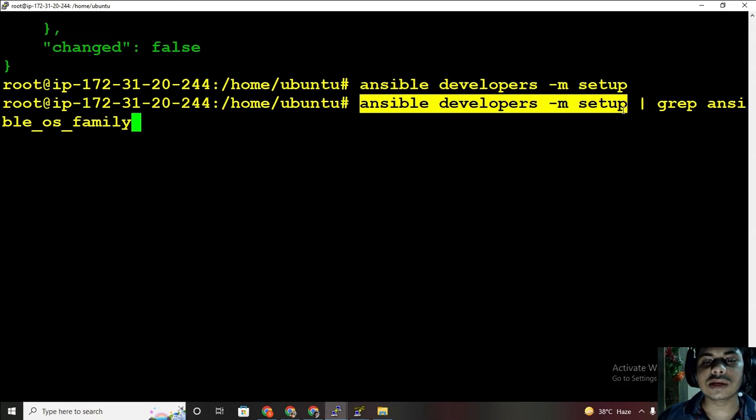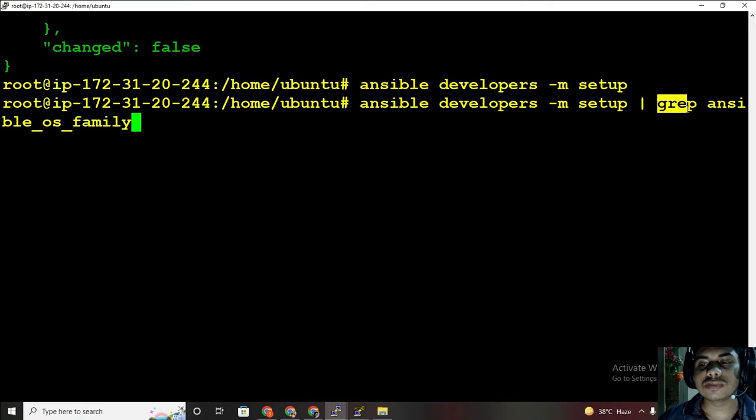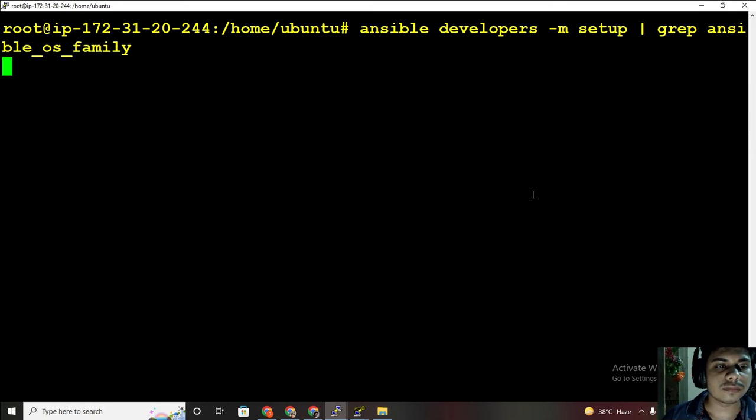So just search this stuff in this command. What will be the result of this command? It searches the output. Ansible OS family means just search for the OS. What is the OS of which group? The developer group. Now if I run this,